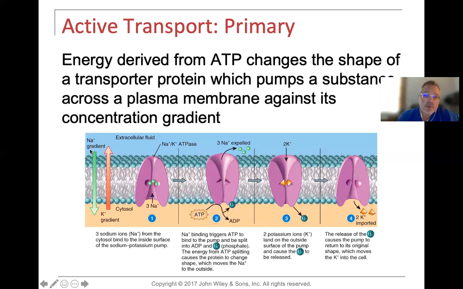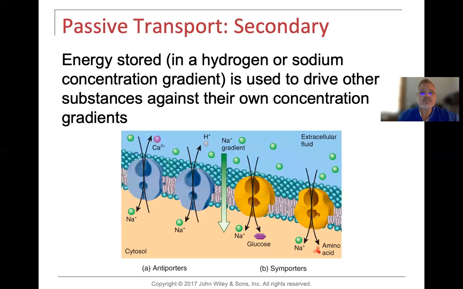Sodium coming in and potassium going out doesn't take any energy, but to restore it back to its membrane potential, we got to get sodium back out and we got to get potassium back in. And it does so by pumping 3 sodiums out and bringing 2 potassiums back in. Now, secondary transport,